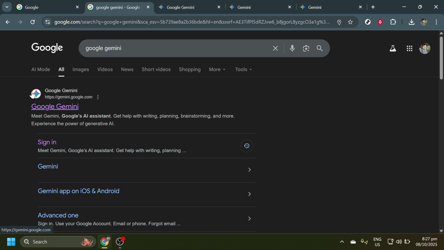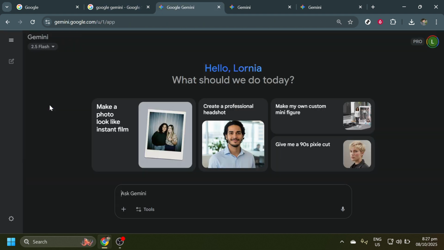Once the search results have loaded, the next step is to click on the official Google Gemini website. This is typically the first link that appears in the search results, clearly marked as the Google Gemini homepage. Clicking on this link takes you directly to Gemini's platform, where you have the tools you need to create and